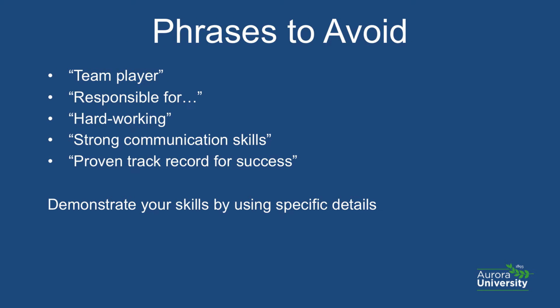As you are listing these experiences, be careful with using some of these phrases. Many of these qualities are not bad in and of themselves, but are often overused or not specific enough. For instance, being a team player is a great quality, but instead of just mentioning that you were a team player, talk about where you worked on a team. You could say something like, collaborated with a team of 10 members to complete a semester-long project.